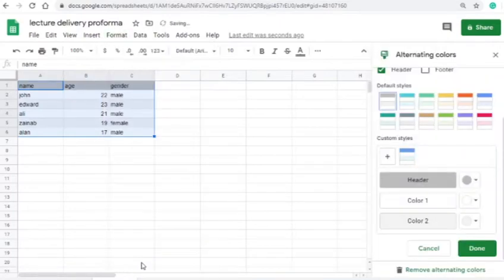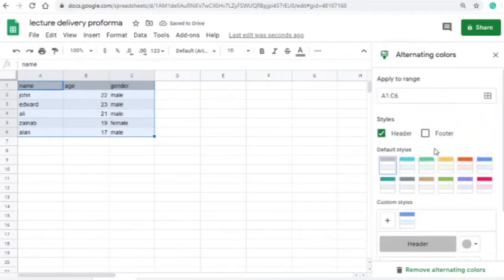Click this. And now in this option, what you've got is a dialog box at the right telling you about the alternating colors option. So our range right now is, yes, A1 till C6. And now we want to assign a color. So you may assign this. These are built in default styles. Now, if you want to create your own style, you may just add a custom style in here